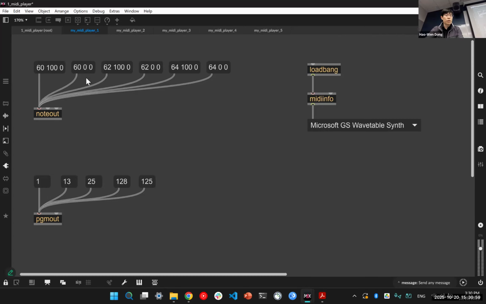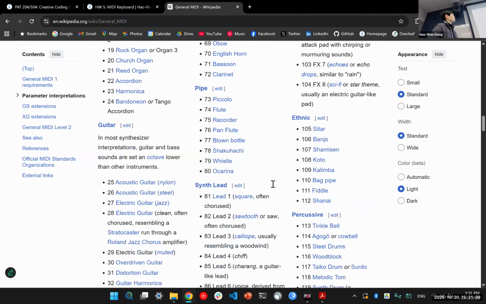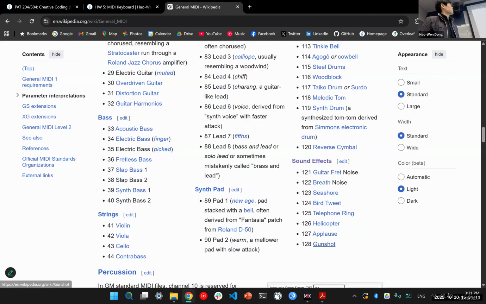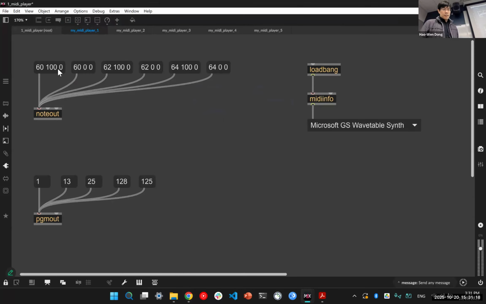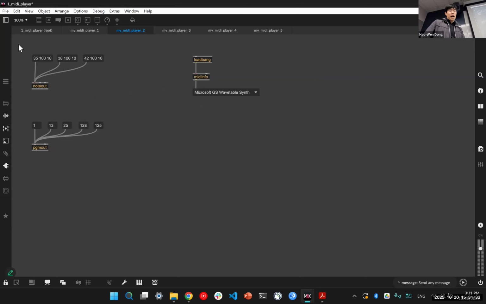So in this case, 25 will be another case. And 128 is the gunshot. That's the Brendan's thing in general MIDI. So there's like 128 gunshot. There's a bunch of different things. 125 is the telephone ring. So you actually get a different tone of telephone ring. Anyway, that's how you can interact with that, but you're likely not to find it